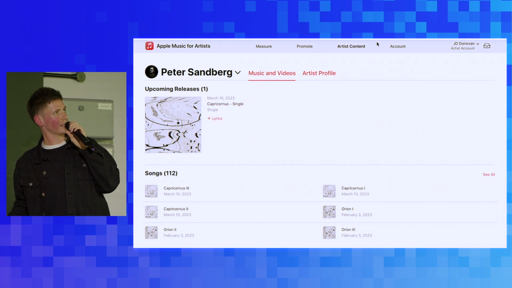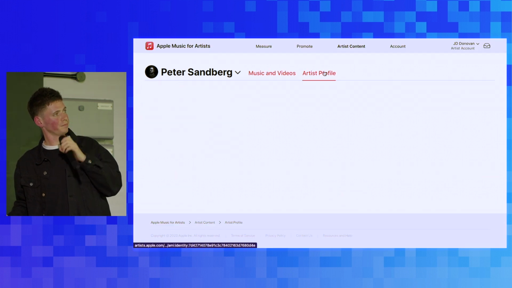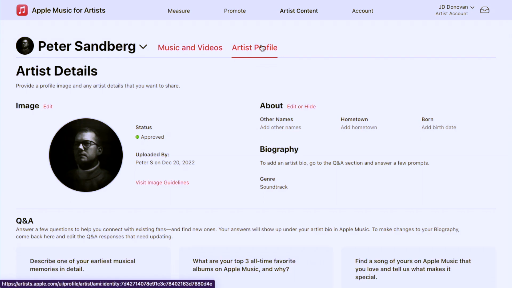So this is your artist profile. This is where you can build everything. Now, Apple Music is a bit funny on image guidelines. It has to fit. You have to have the eyes and the mouth within a certain two layers of bars, which is a bit much, but whatever. You can see he actually uploaded the new photo himself. Always good to use the platform.